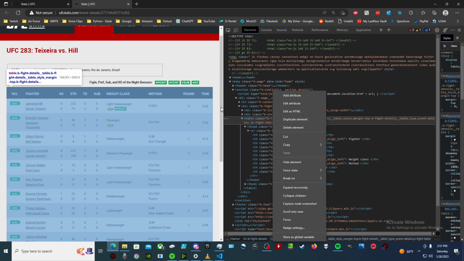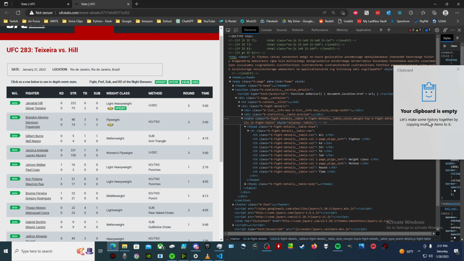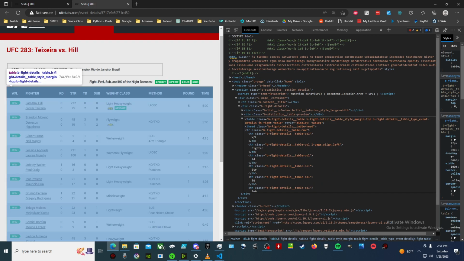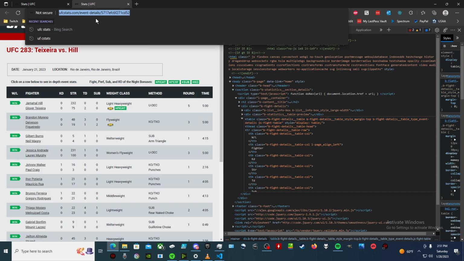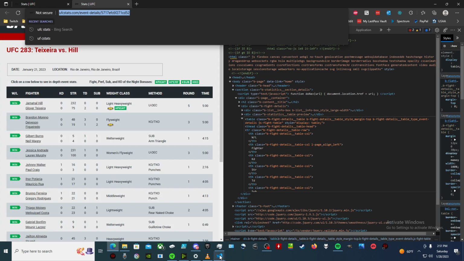So before we copy that, a little trick is if you hit Windows key V as in Victor, if you don't already have it enabled, it'll ask you, do you want to enable it? And basically when I copy things here, I'll have a history instead of just having the last thing I copied in my clipboard. So let's go ahead and copy this. And let's also copy the link because we're going to need that to send a request to it. So if I hit Windows key V again, now you'll see I'll have these last two things I copied. So if we go into Python,